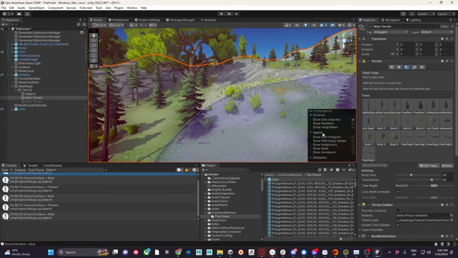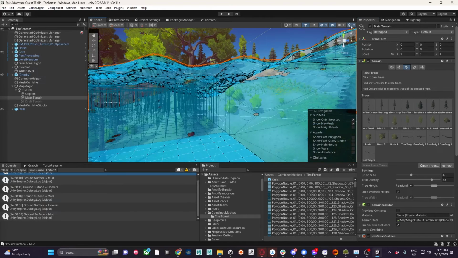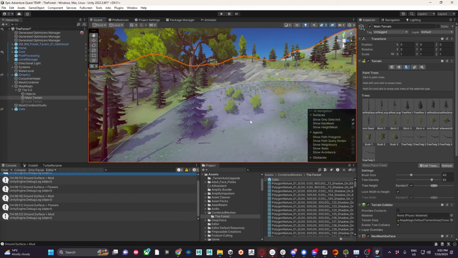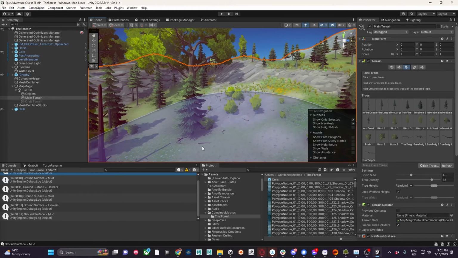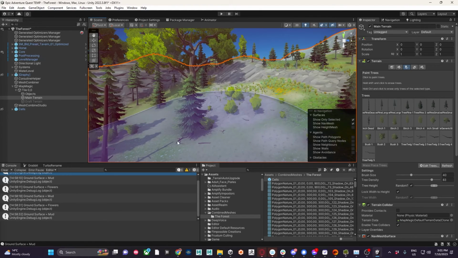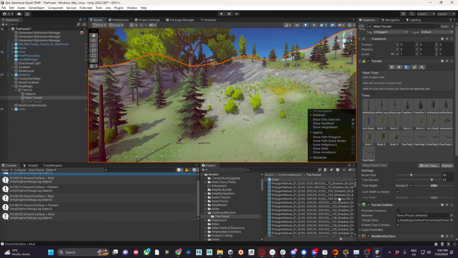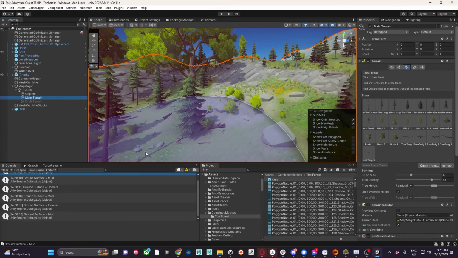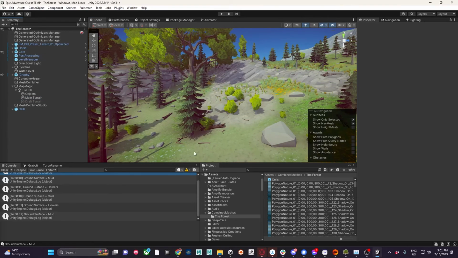So if we look at our Navmesh surface and turn the gizmos back on, you can see that the twigs don't actually count towards any collision data because they don't have a collision mesh in their prefab. The benefit of that is that the twigs won't affect the player's movement. The downside is the player will move through the twigs, but they are just sort of background elements. Having the rocks in their own group as game objects means that I can still use them as collision data, and with them in the scene now,